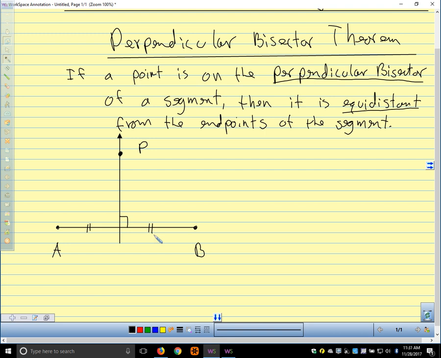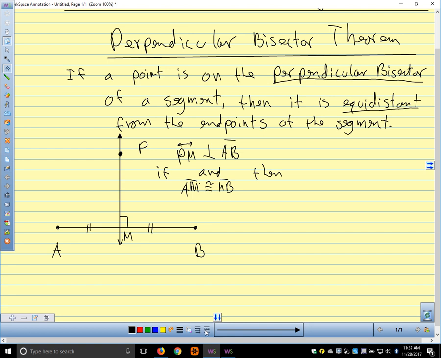So there's our point P that's on the perpendicular bisector. We know this is a perpendicular bisector because we have a 90-degree angle there, and the segment's cut in half. So I'll call this point M. So line PM is perpendicular to segment AB, and AM and MB are congruent. Then